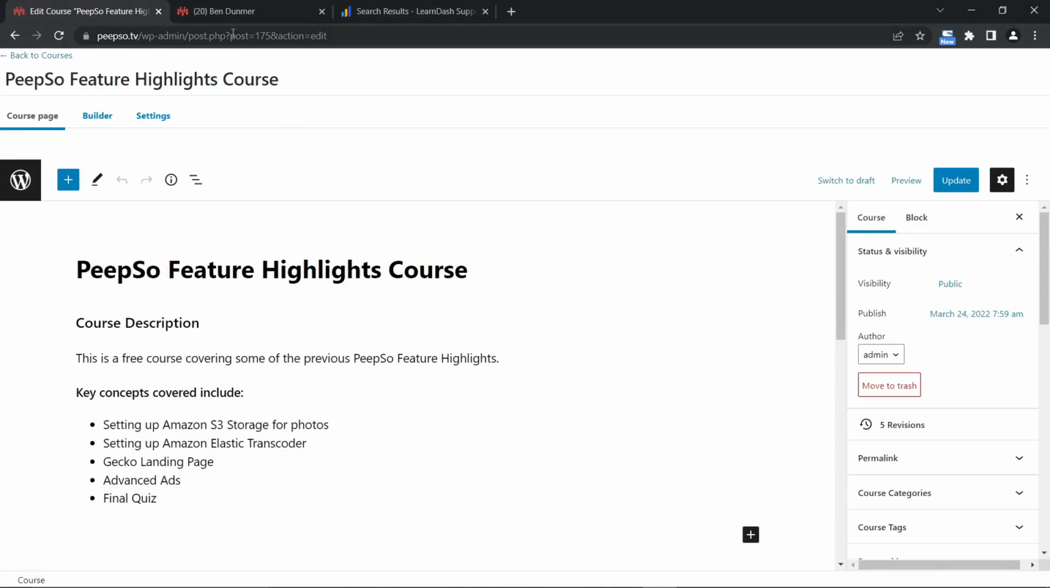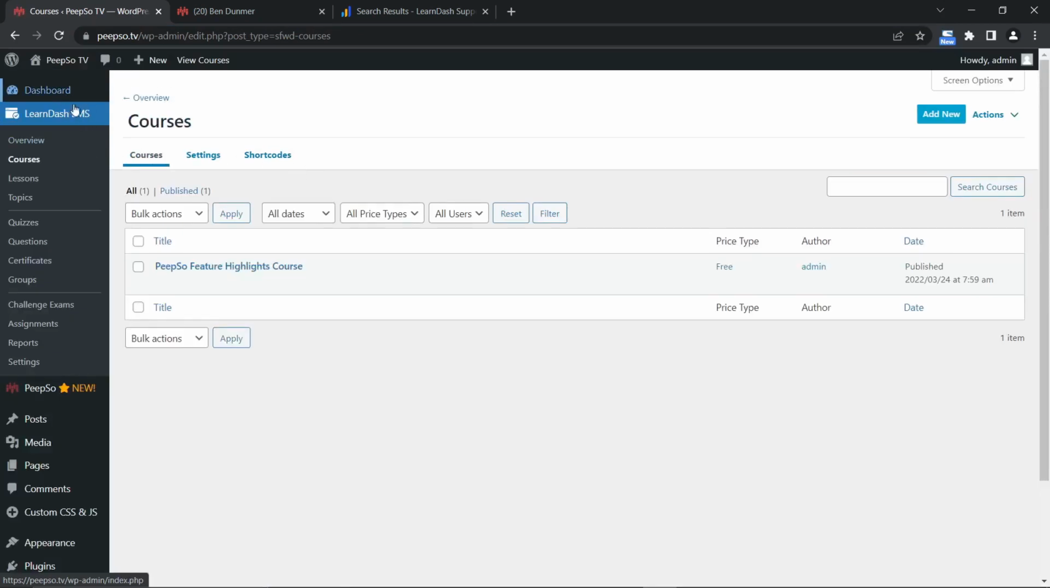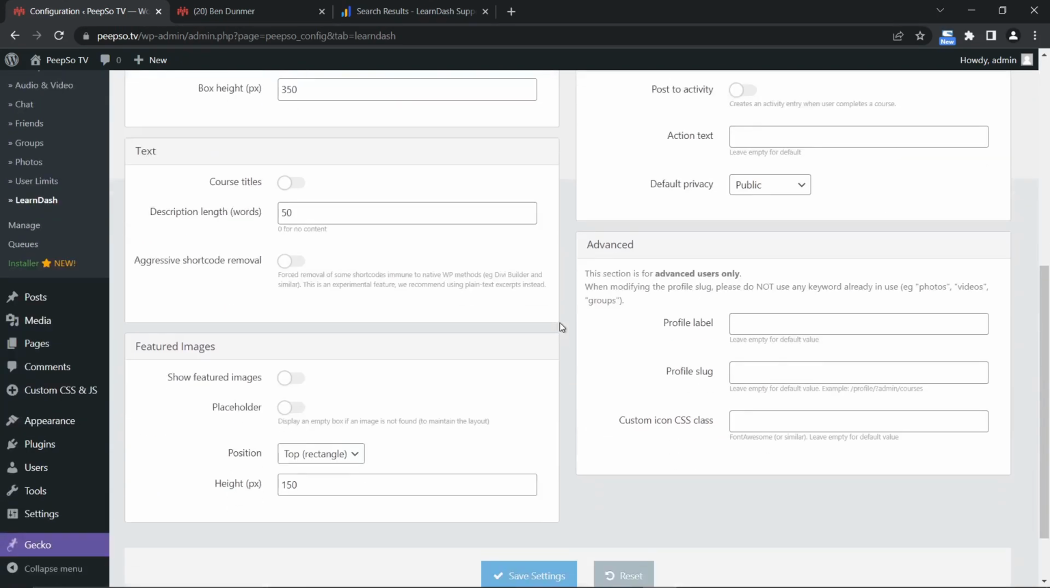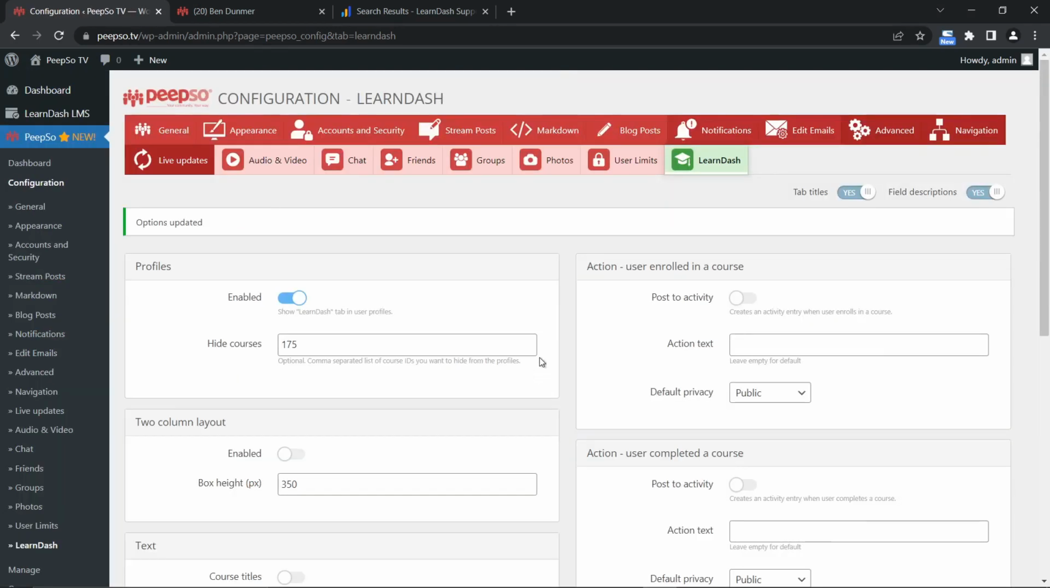And in the page that opens, you will find this post 175. So the 175 is actually the ID of the course. So let's quickly hide that 175. Go back to PeepSo configuration, LearnDash, and enter 175, and save the settings,